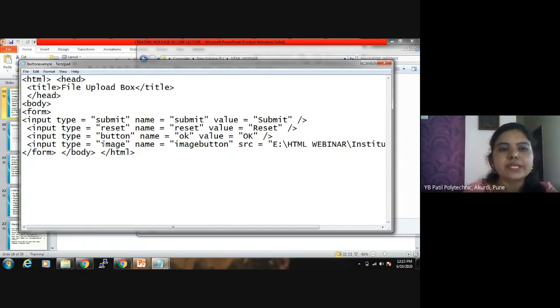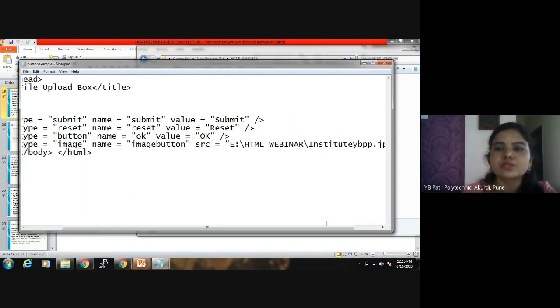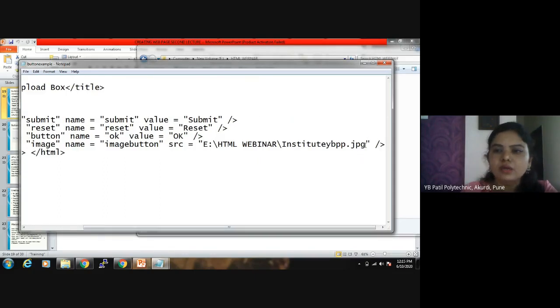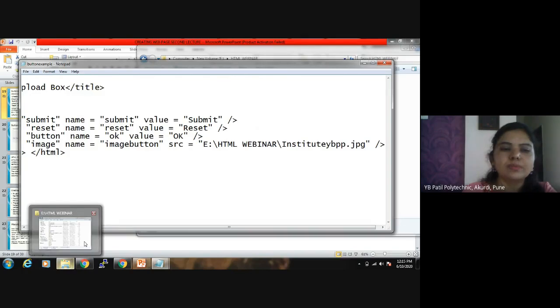When we want to set the button as an image, then we have to write the source of that image also. Now my image exists in the E drive, HTML webinar folder, and the name of the file is instituteyBpp.jpg. This is my image name, and that image exists inside the HTML webinar folder. See how the path is there.